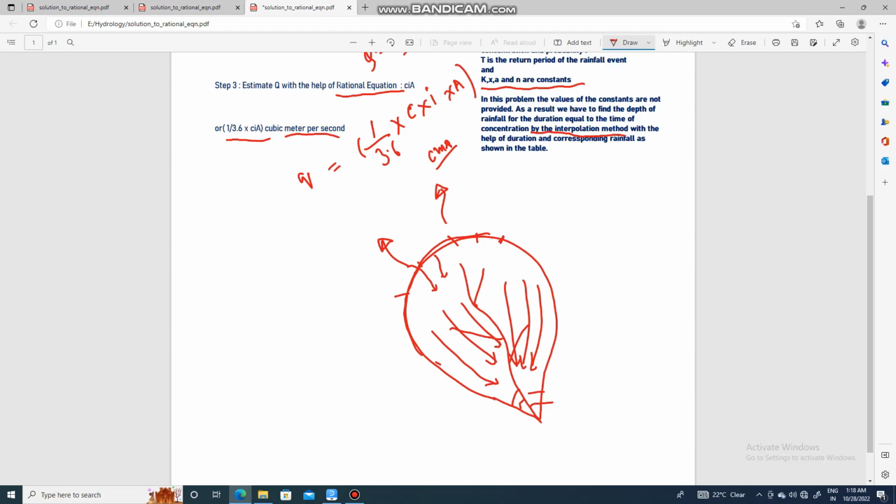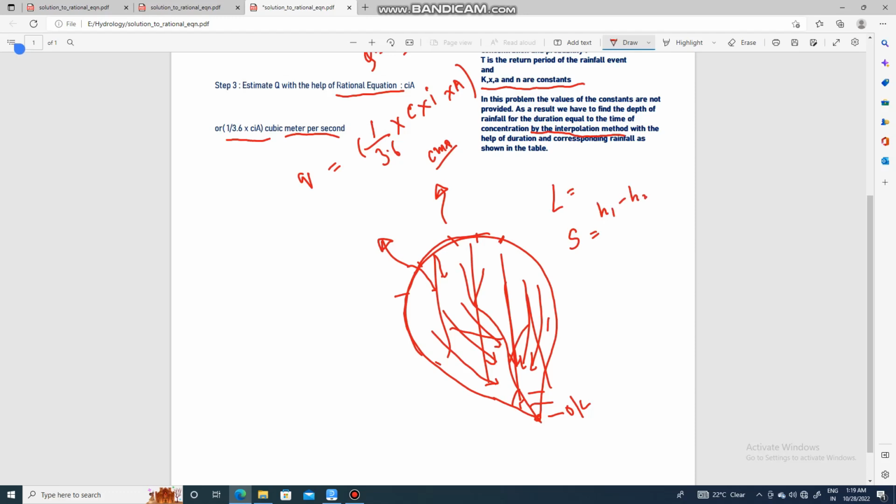Now here, by watershed area we mean the area of the entire watershed. And in case of the Kirpich equation, this L, the maximum length of travel of water, is nothing but the farthest point from where water can come into the outlet of the watershed. So that is known as L, and slope is, as all of us know,